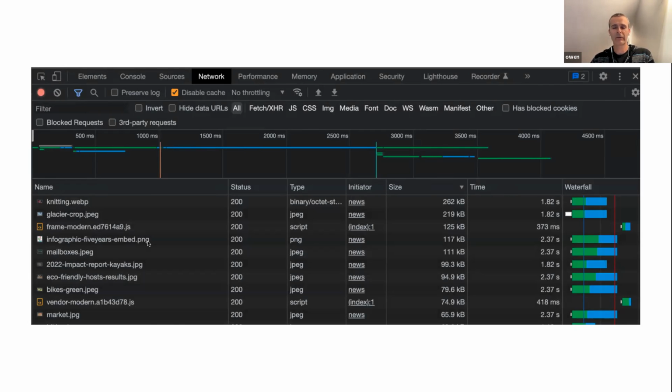Are we using far future expire headers? Are we just using standard HTTP compression? Are we using a CDN? Are there resources that don't need to be transferred? Can we use more modern image formats that will provide better image compression?